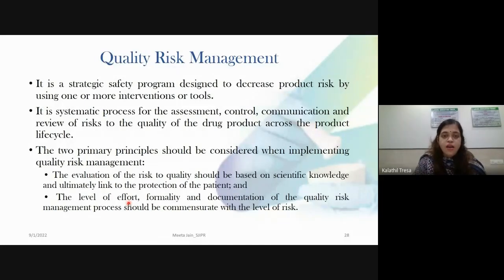That is, if something has a high risk on a particular CQA, you have to put in all the efforts to reduce that risk to a low risk. If it is having a low risk, no need to check out or put more efforts on them, how it will affect your CQA. So what is the severity or the level of risk or the harm that particular parameter is going to cause on the quality of your final product? As per that you have to put the efforts.